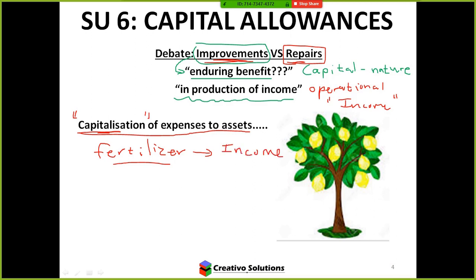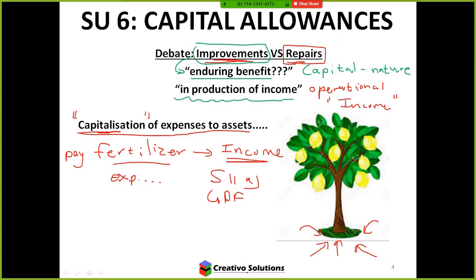All right. So if I'm paying for fertilizer, obviously there's going to be an expense. If I'm paying for fertilizer in order to nourish the soil so I can get healthier and more fruit, that'll be seen as income. And then that'll be a Section 11A general deduction formula. Right, if I'm a farmer,